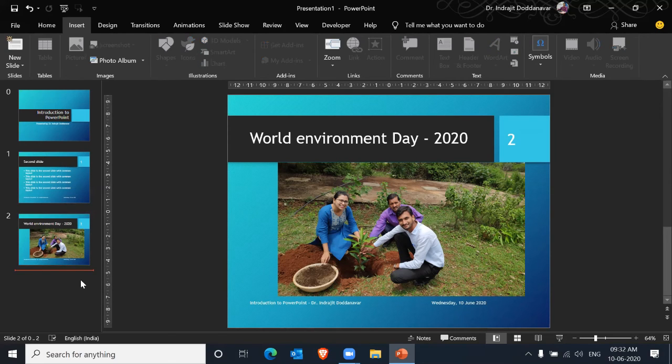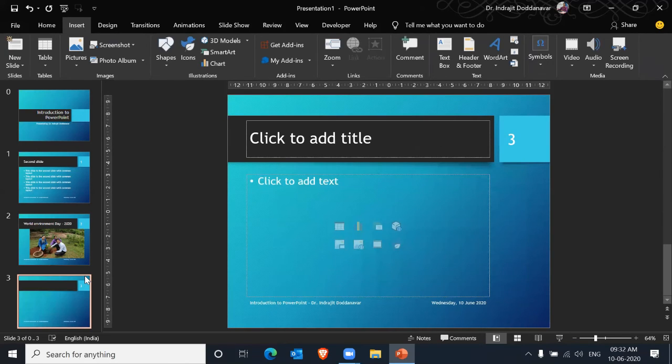You can see a line, a cursor coming here. Once you find the cursor here, just press enter. When you press enter, automatically a new slide will be created, and the layout of the previous slide will be taken into consideration, and the slide will be created.